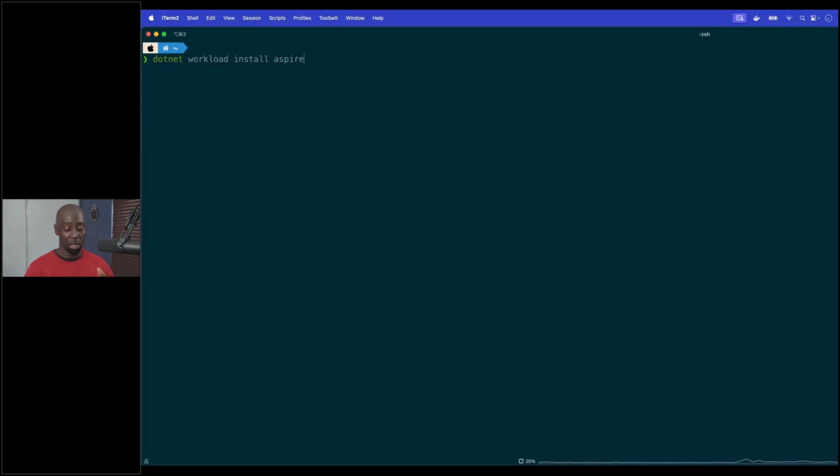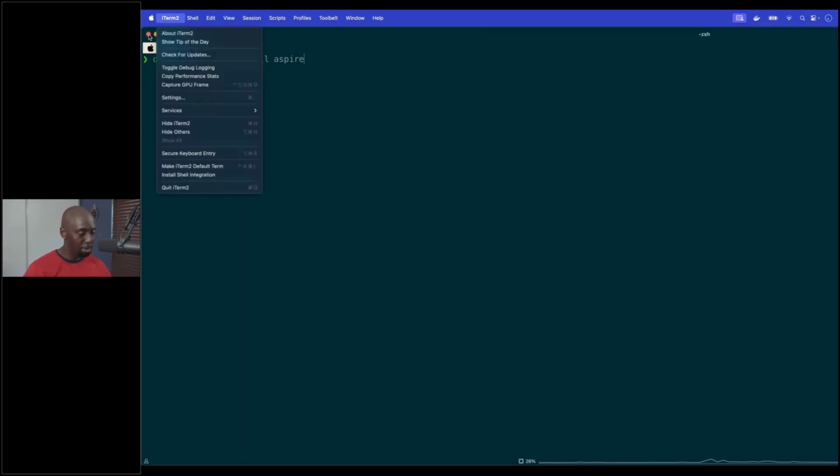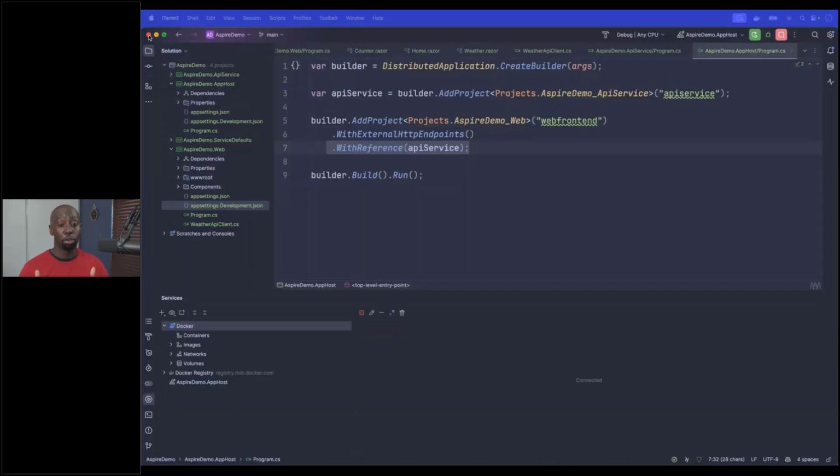That's all I have to do because I'm on a Mac. If you're in Visual Studio, I have a feeling it'll just automatically do it for you whenever you try to create it from the template, right? But that's it. Everything else just happens for you. So you don't need to install anything extra other than just making sure that you have the workload.